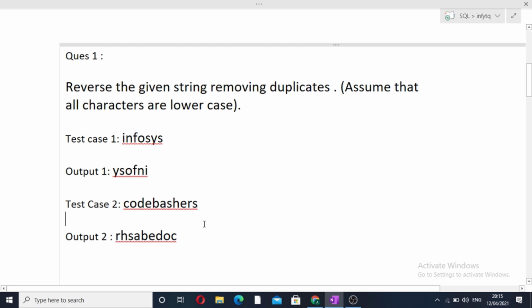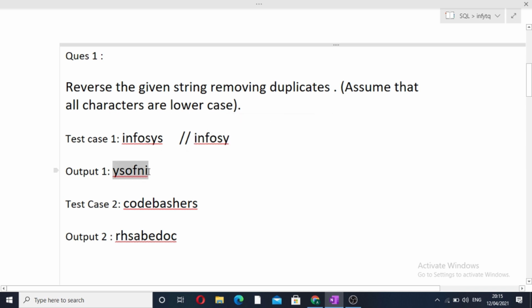So now how will we approach this question? See, let's break this question into two parts. We have to reverse the string and we have to remove the duplicates. So first of all, we'll simply remove the duplicates from this string. In this particular string, duplicates are s and s, so we will remove the duplicates. So our final string will become this, that is s has been removed. So this is our final string. Now we will simply reverse this string, that is, this string will become this.